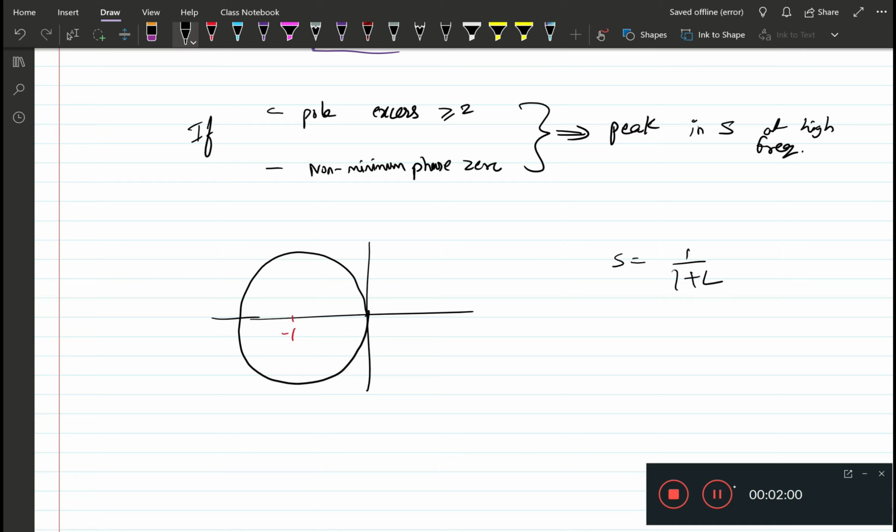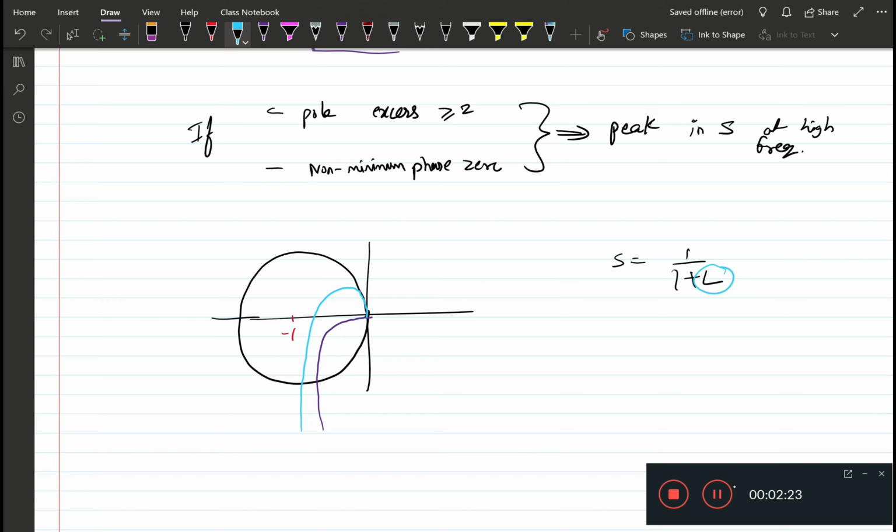In the first example the Nyquist plot of L was something like this, and in the second example it was something like this, and in both examples we saw that this Nyquist plot of L penetrated this circle,